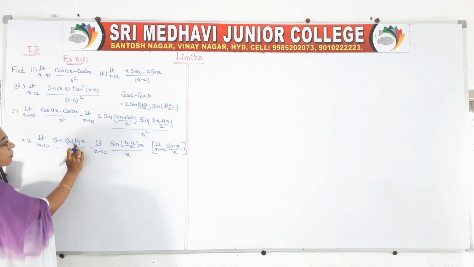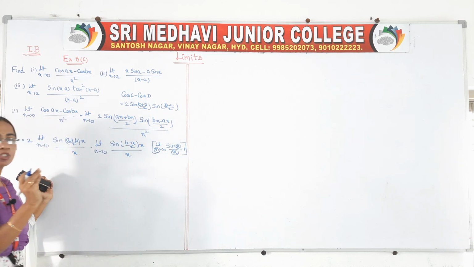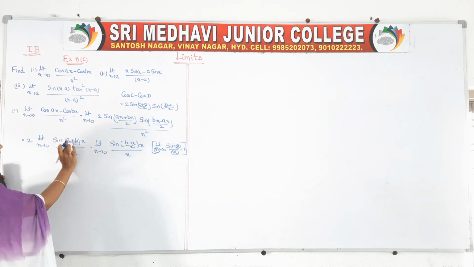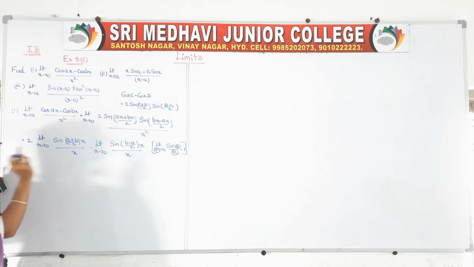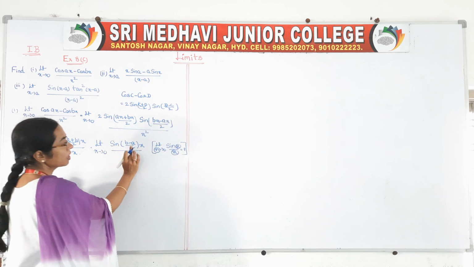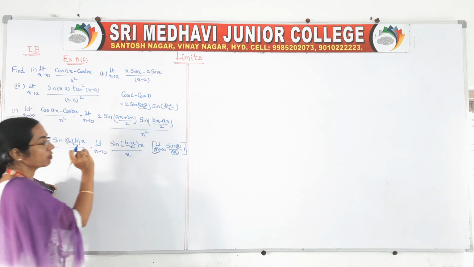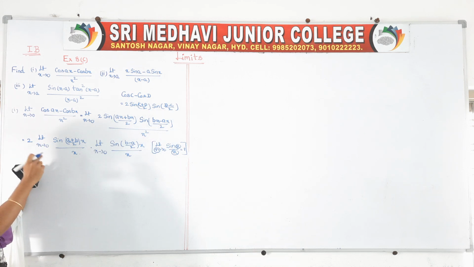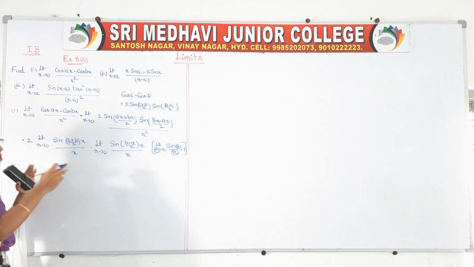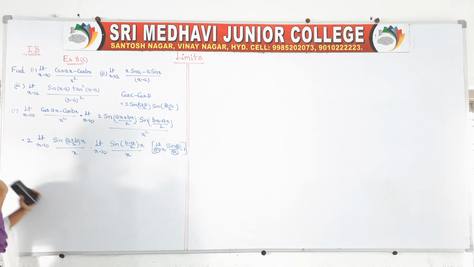Okay, so here these three values must be the same. If you observe, it is (a plus b) by 2 into x, that means here also we want (a plus b) by 2 with x. Same thing here, (b minus a) by 2 into x, so we want (b minus a) by 2. So with this term we will multiply and divide with (a plus b) by 2, and with this term we will multiply and divide with (b minus a) by 2.